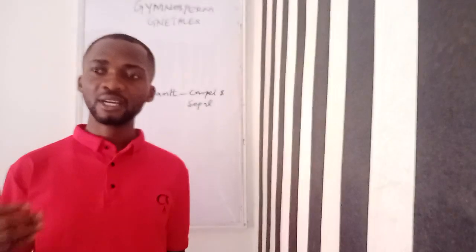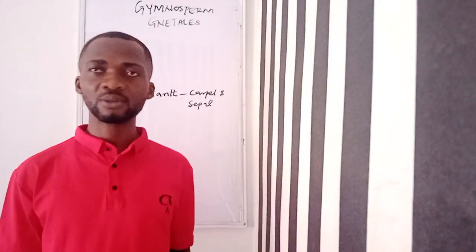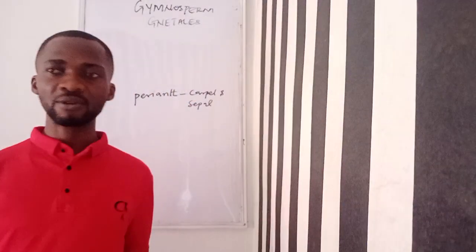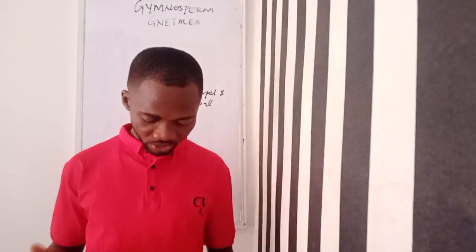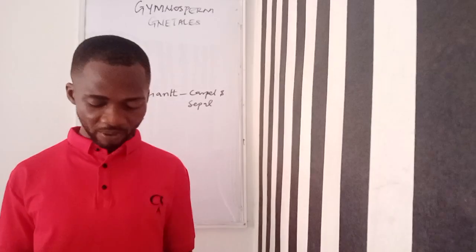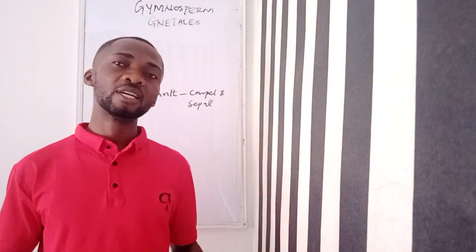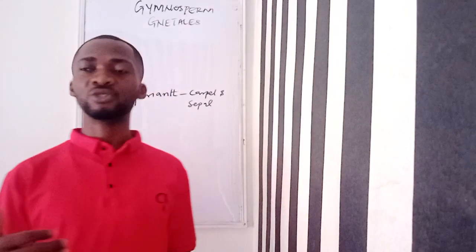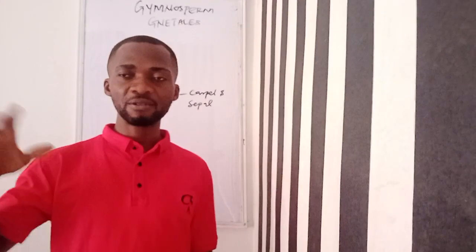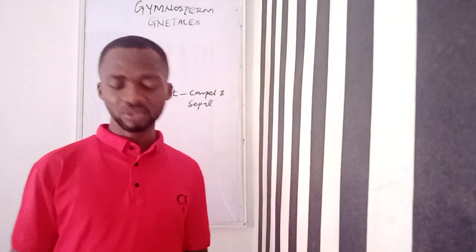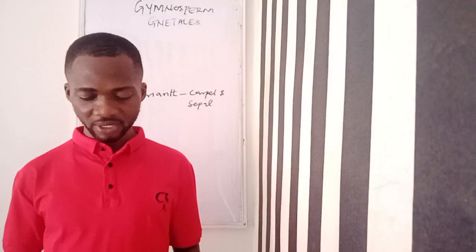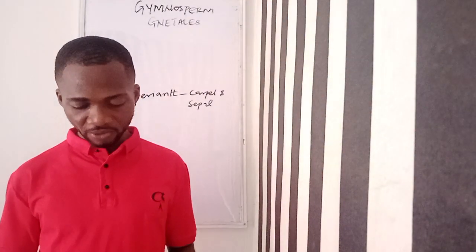Just like I said, in some quarters, some people are of the school of thought that gymnosperms do not have flowers at all. But here we are seeing that gymnosperm flowers are simpler. If they have flower-like structures, those in gymnosperms are simpler, but you have a full-fledged flower in the case of angiosperm. Then lastly, sieve tube members and companion cells are usually found in angiosperm phloem.